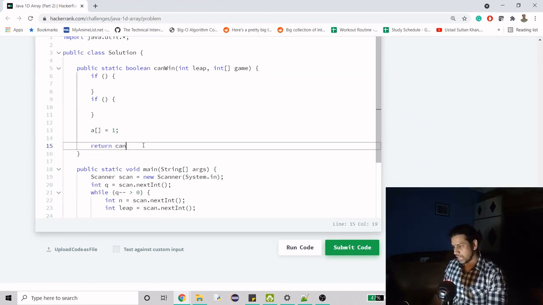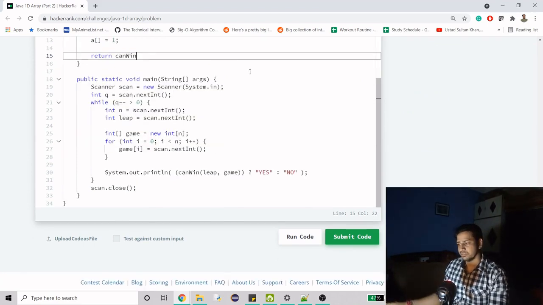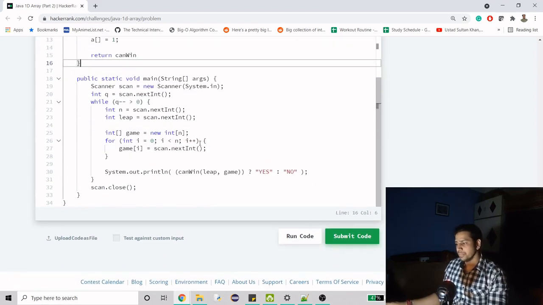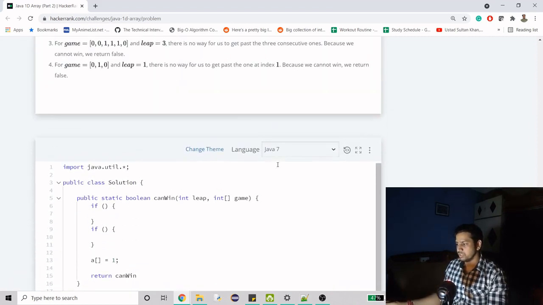So we can do can win, but before we do that, we need index here, because we cannot leap until we have an index. So either you can create your own function here, again a new method, or you can modify the existing one. So here I will just give 0, because it is going to start from index 0. So here it will be index, right?